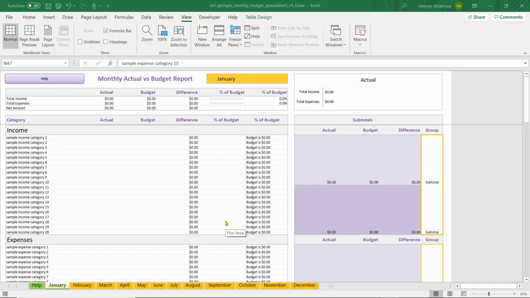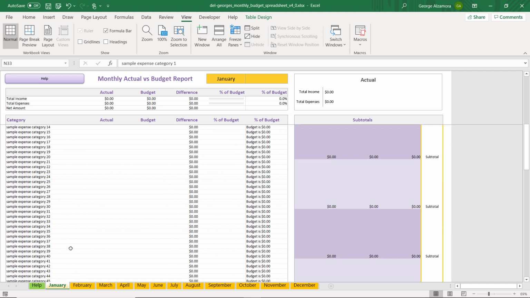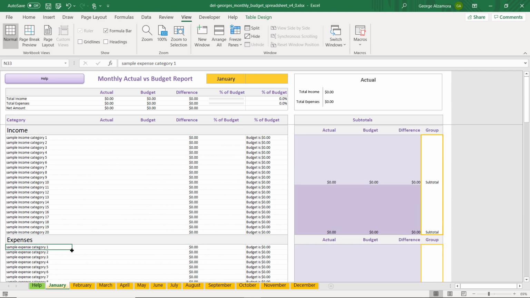I'm going to go over George's monthly budget spreadsheet and specifically how to copy your categories from one month to another. Currently I'm in the month of January and I've entered in some sample income categories and also some sample expense categories. So if you want to bring these categories into, let's say, the month of February,